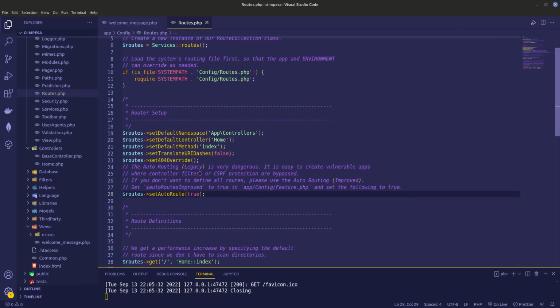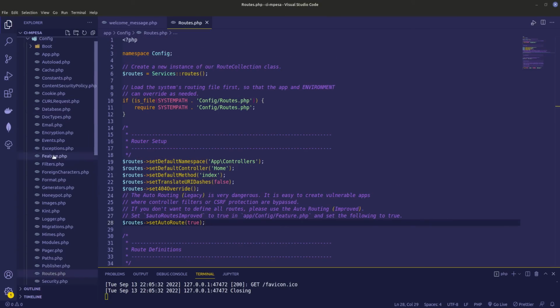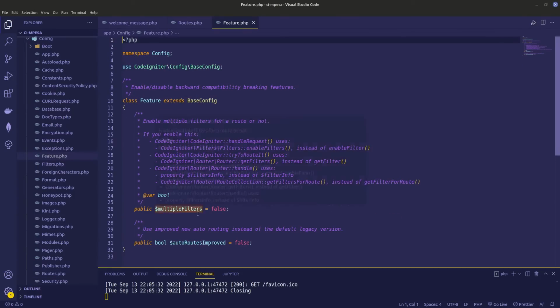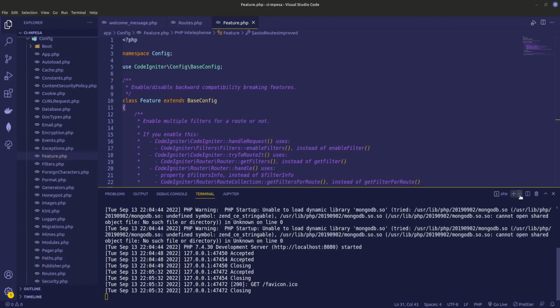Okay, so in 4.2 you have to enable at least two things. The first one is you set auto route to true, and then you go to features here and you do the auto routes improved, change this one as well to true. Okay, now once we have that, let's create our